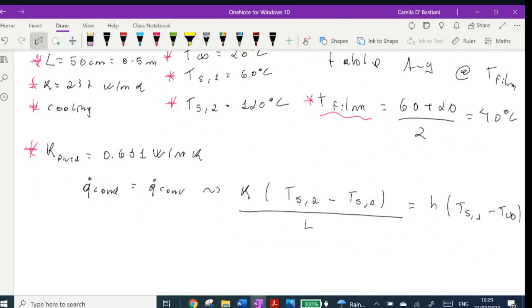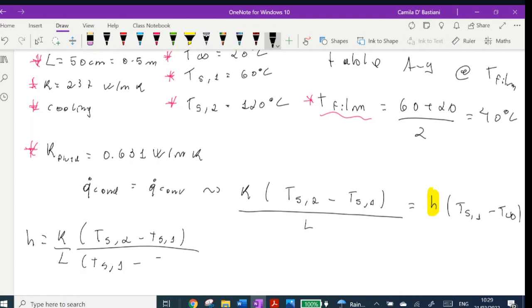What we want to find is h for convection, so I'm going to solve for h. h of convection is equal to k divided by L, times the temperature of surface 2 minus the temperature of surface 1, divided by the temperature of surface 1 minus the temperature of the water. So 237 watts per meter Kelvin divided by my thickness,